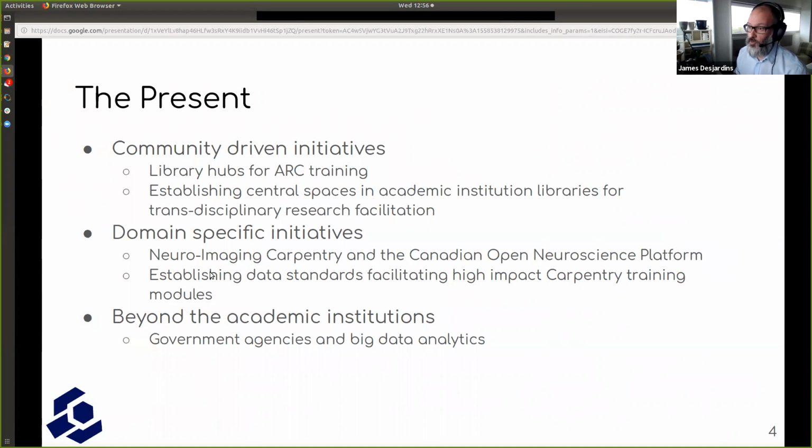And I think the Carpentries are an important part of this extension beyond the academic institutions and really into other agencies like government agencies, anybody doing big data analytics.